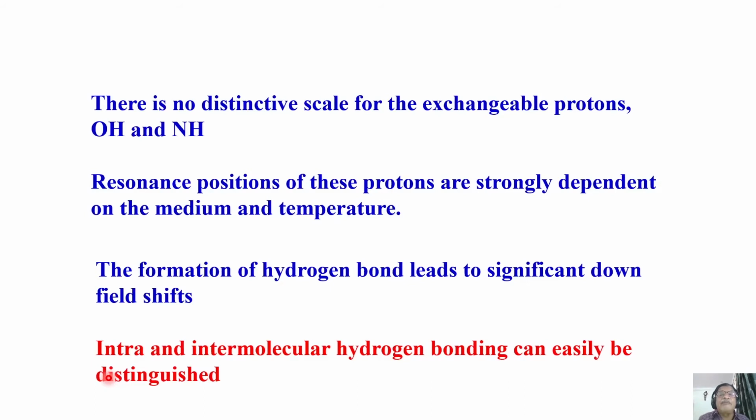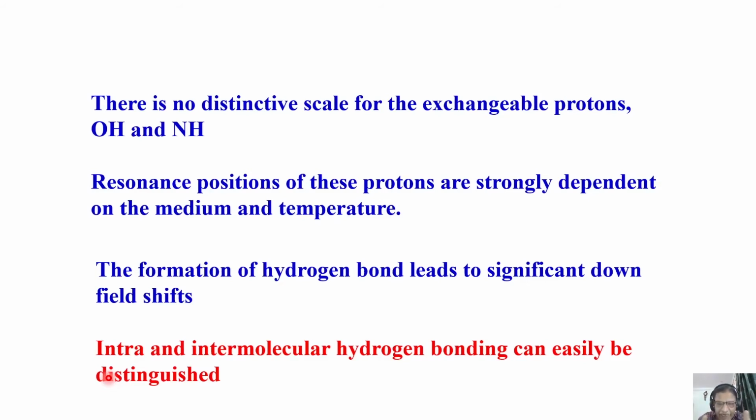How do I know what type of hydrogen bond it is? If your interest is to study hydrogen bonds, weak molecular interactions with the molecule, and you want to know if the hydrogen bond is intermolecular or intramolecular, both are possible. Can we identify that by NMR? Of course we can. There is a way for it, but we will not go into those details. When we come to that application, if there is time, we will discuss it.